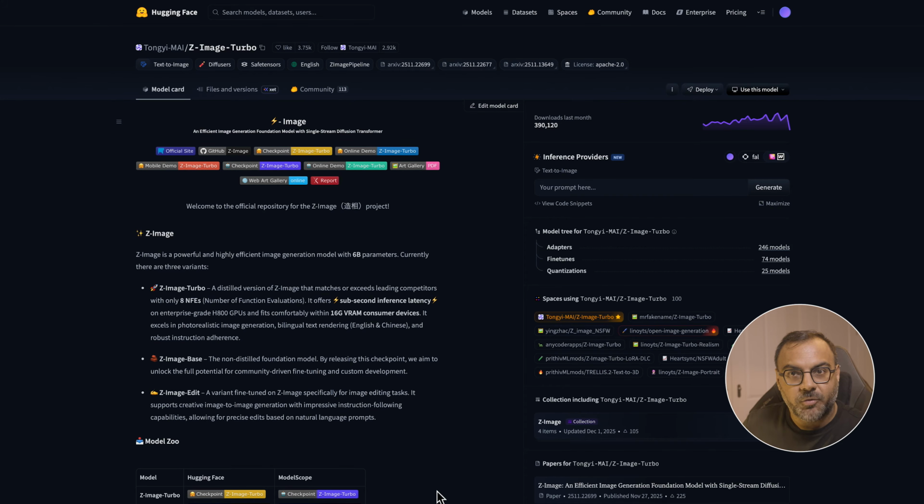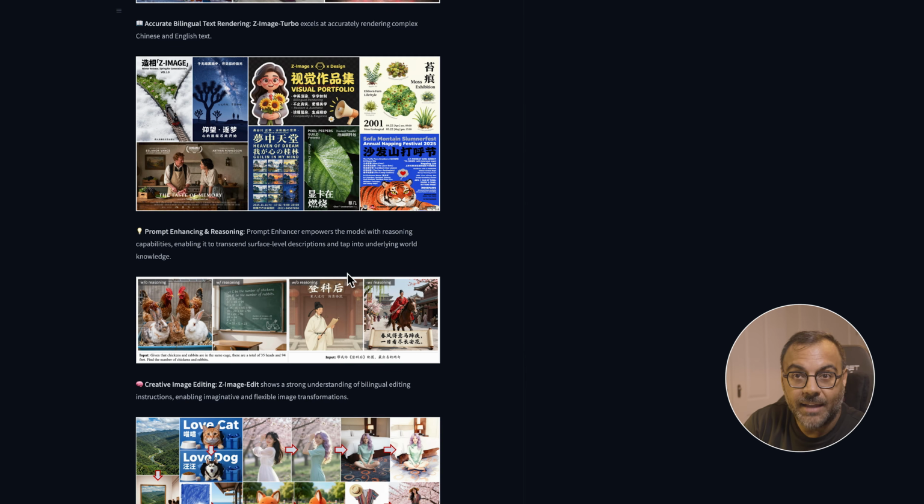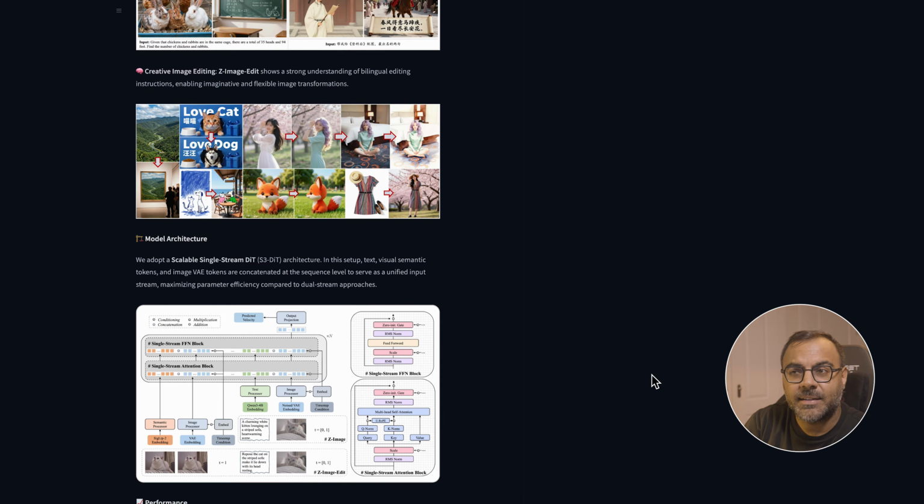The model does a couple of cool things that allow it to perform at a similar level as Google's Nano Banana whilst running on these incredibly tiny GPUs. It's got built-in prompt enhancing and reasoning, meaning that it can actually understand and process the prompts that you give it, very similar to what Nano Banana can do. It's got pretty decent text generation, and if you want more information on the specifics of how this model works,